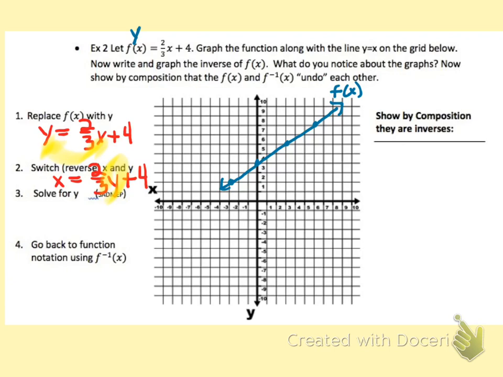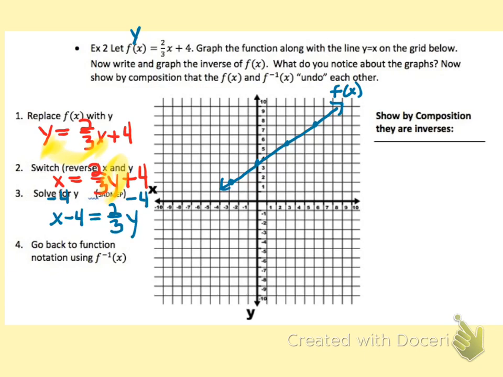So SADMEP means the reverse of order of operations, and that means in order to solve an equation, you want to undo in reverse order of operations. So step one would be to undo any adding or subtracting. So we would want to subtract 4 from both sides. And that leaves us with x minus 4 is equal to 2/3